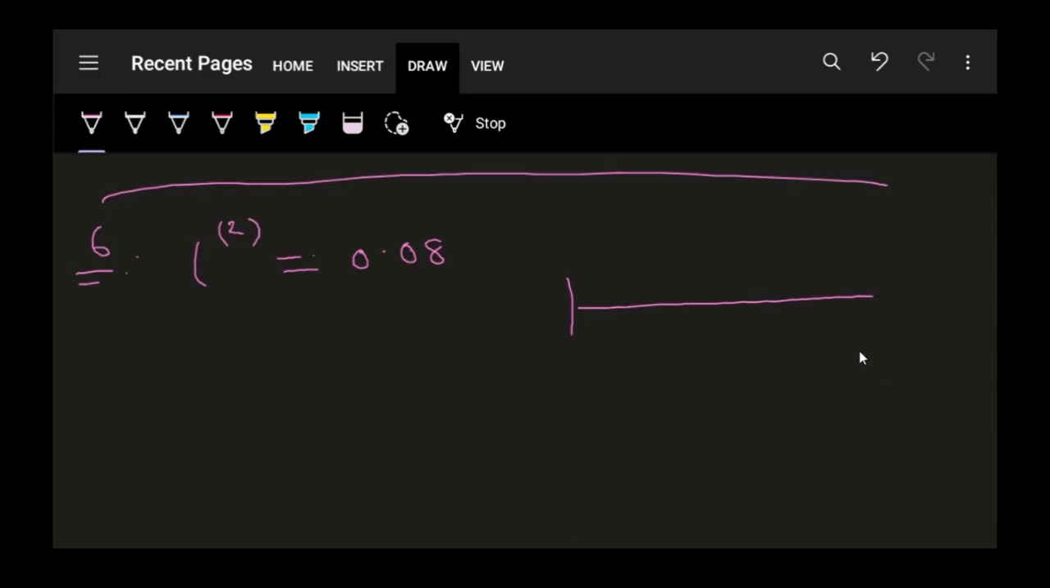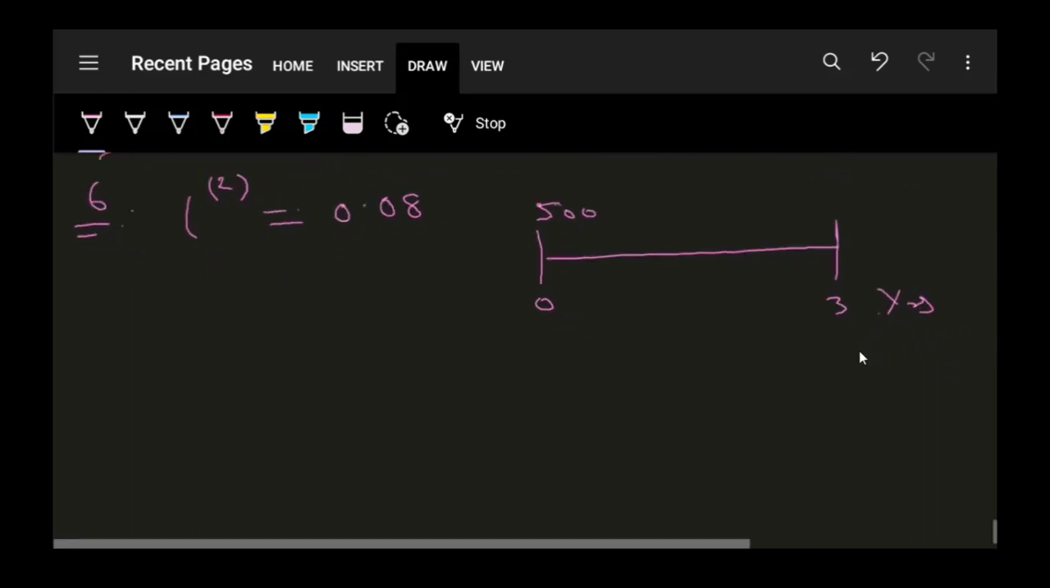We are investing 500 at time 0, and we want to calculate the accumulated amount at the end of 3 years, at time 3. So we can do this question in 2 ways. First way is